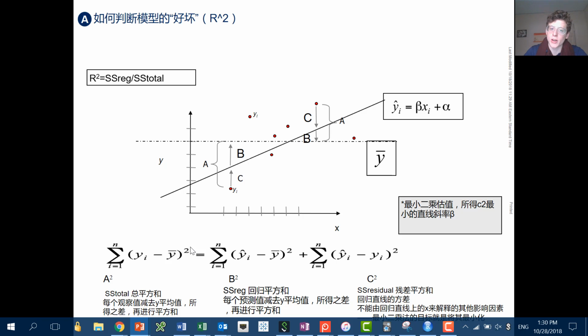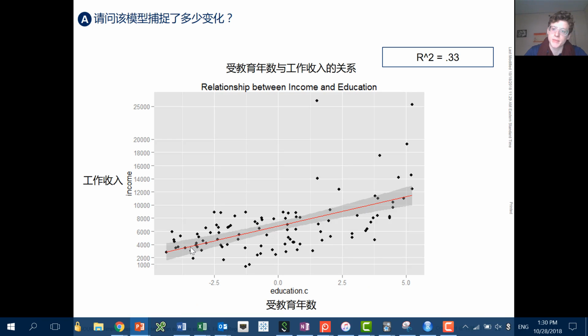So how much variation did our model capture? Our model captured 0.33. In practice, it's hard to say what is good or bad, but it's actually not bad. Oftentimes on a project, you'll make a prediction, you'll only capture 15% of the variance, and that might be not bad. It's still useful, but it's not a lot.